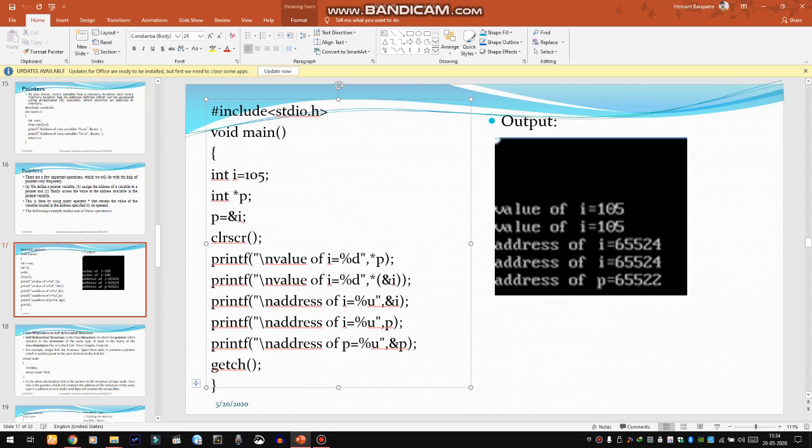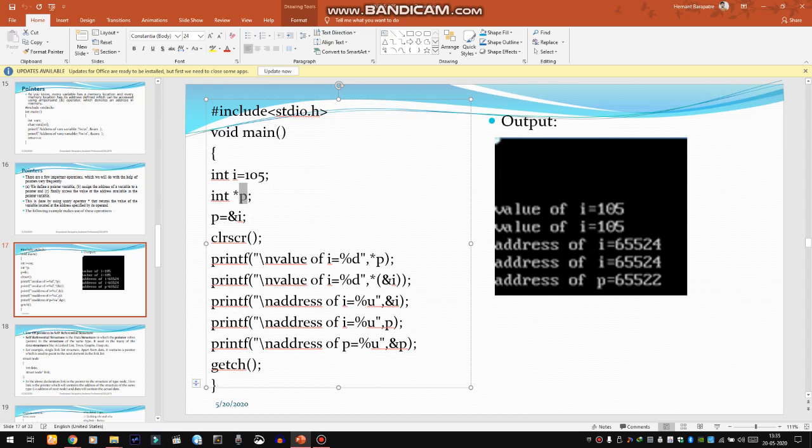Now we have to display the values and addresses using the pointer operator and the ampersand operator. In this printf, value of i is %d, and the pointer p holds the value.